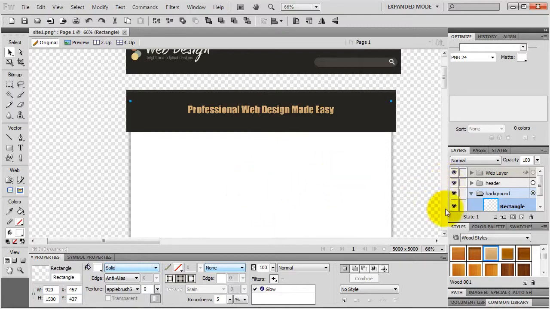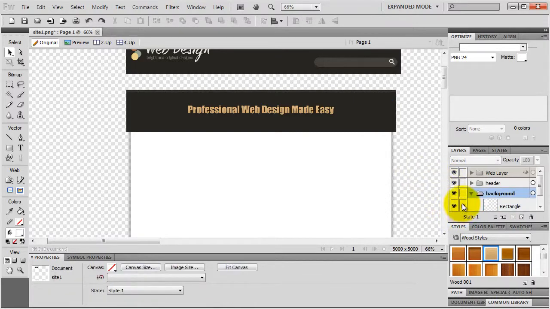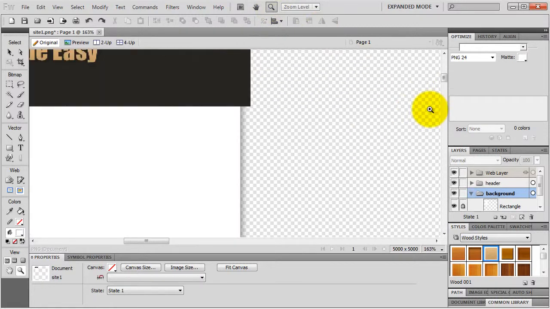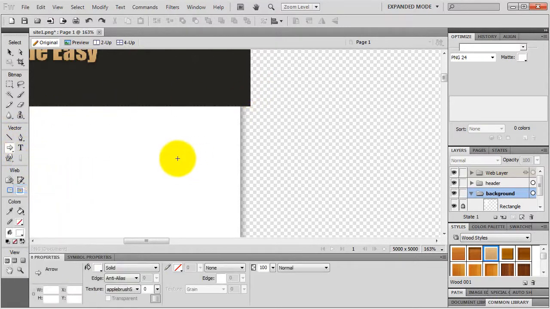Okay, I lock my rectangle, and I get my zoom tool and zoom into this area. And I'm gonna create a triangle and fill out this gap, if you will. I grab my arrow tool, and I create an arrow,